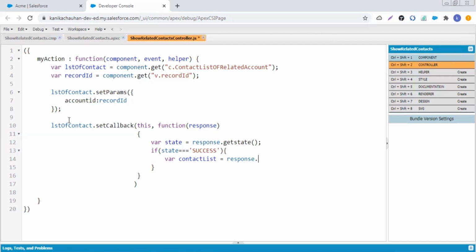In response I am going to get the list of contact, getReturnValue. Now we use component.set to set the list attribute in the component, with the value returned by the function. I have used v here because I am going to set my value in the page variable. Else we are going to show an alert if the state is incomplete or has an error.